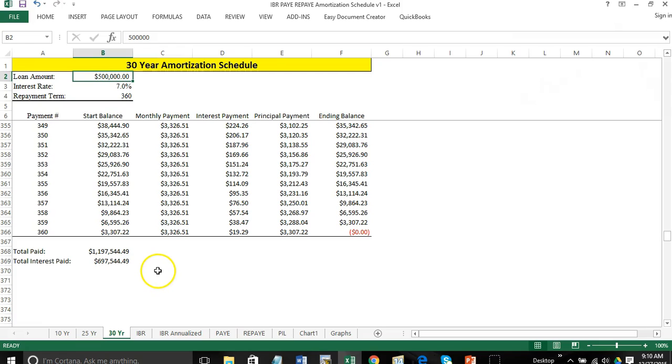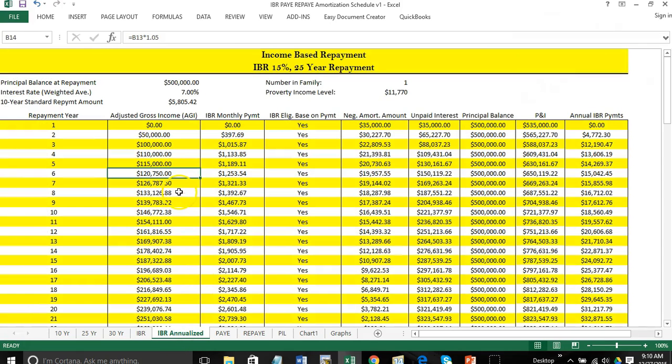So this is why the various income-driven repayment programs are so attractive. It just provides much more flexibility in terms of debt service management. So here I'm going to assume income-based repayment, just to give you a sense of the terms of this program. At a $500,000 outstanding principal balance, it's a 7% interest rate. Your 10-year standard payment amount would be $5,800.